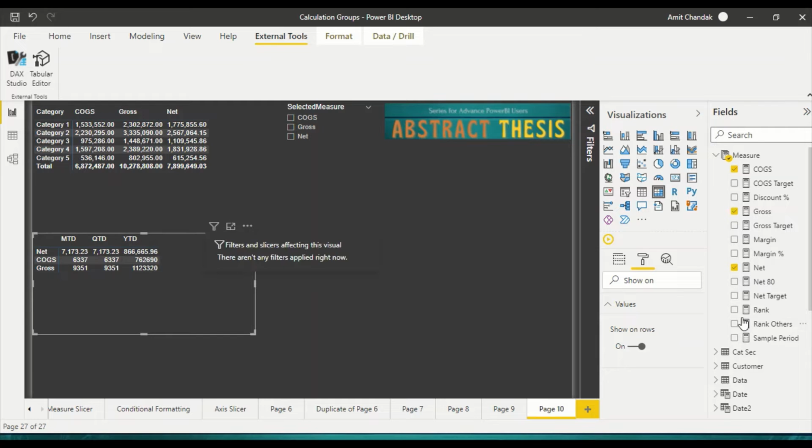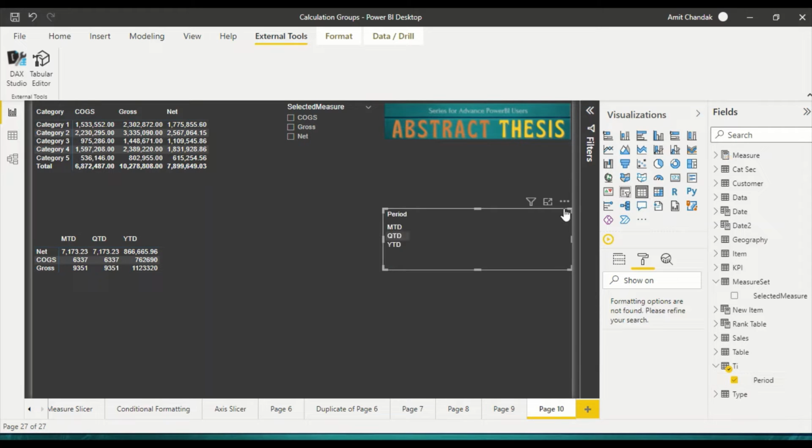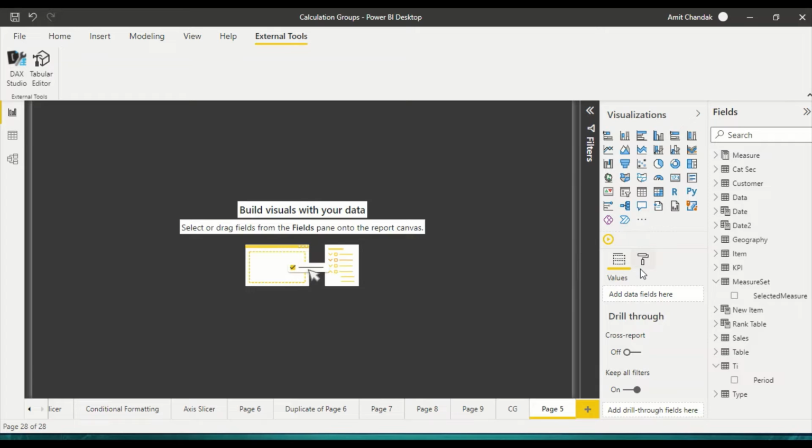But if you want to play around, then you can go to this TI, you can bring period as a slicer, and then you can work with this period slicer, which you can say QTD only, YTD only, or you can select multiple of that. Now I thought about it. I say, can I combine those two calculation groups? So let's say this is, we call it CG. And I thought about it, can I combine these two? And with that thing in mind, what I've done here is